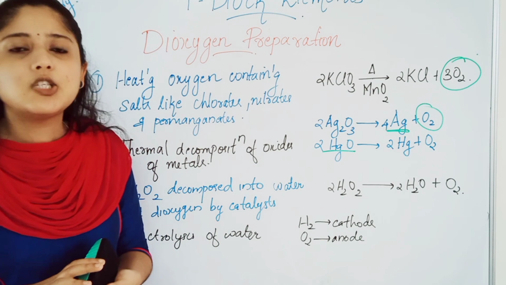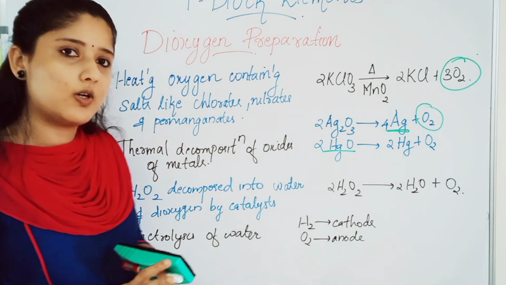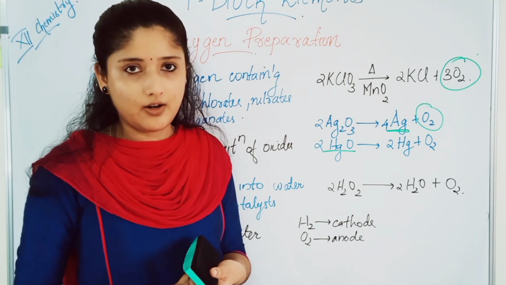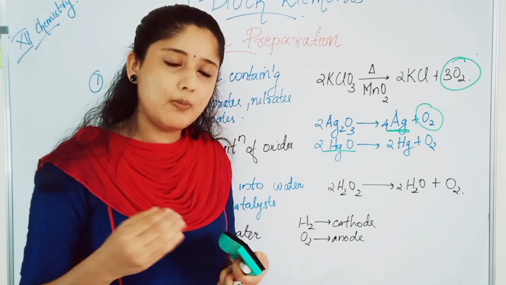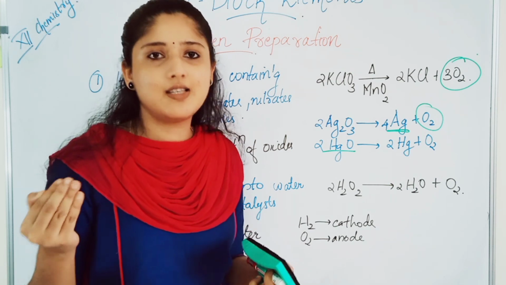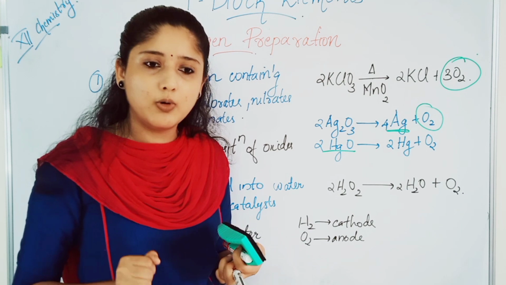Okay. Industrially also we can prepare. This is a large scale preparation, electrolysis of water. Industrially, dioxygen is prepared from air. From air by removing gases like what? Carbon dioxide and water vapor will be first removed. Then other gases that are present in a small amount are removed by what?